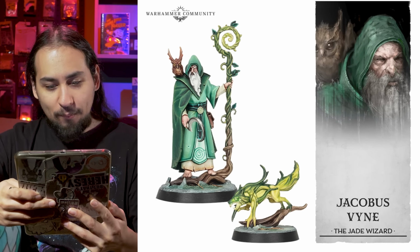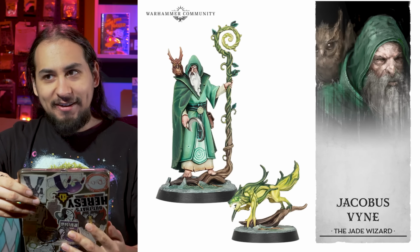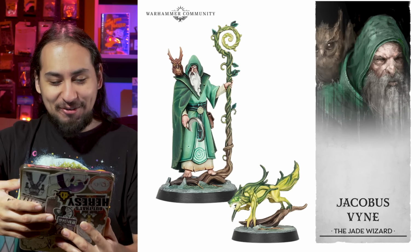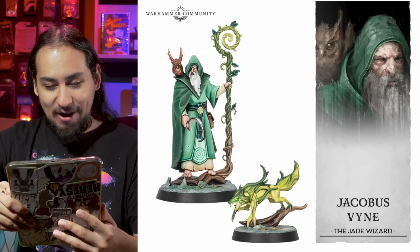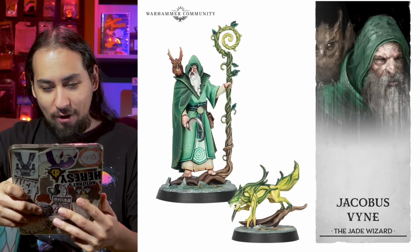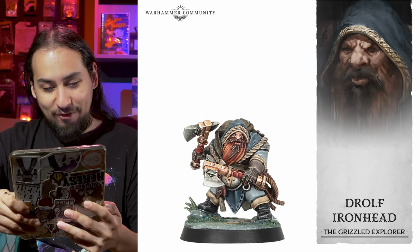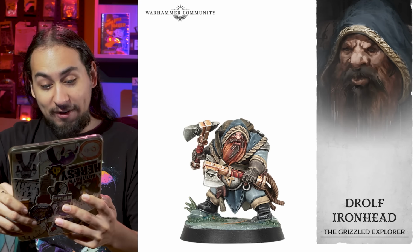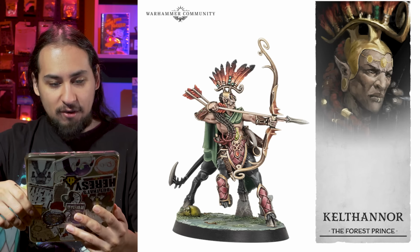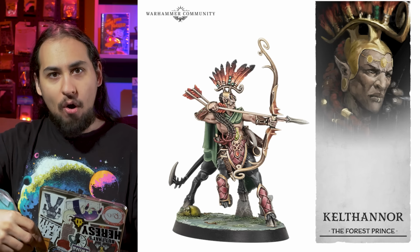The humans, they're fine. They're not going to be as cool as the bad guys. They're never as cool as the bad guys, but with that said, I would enjoy painting up all of these guys. I think overall winner, I do like the dwarf. The dwarf is a lot of fun, but the one that's the most fun is definitely the centaur, because it's a centaur. That is the humans, but then there is an entire gaggle of enemies,